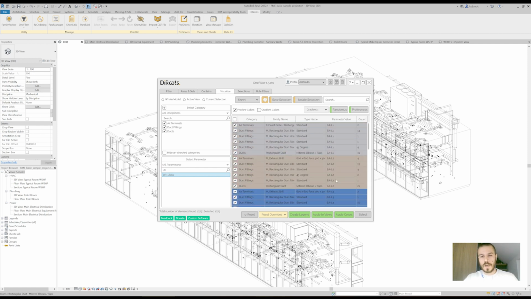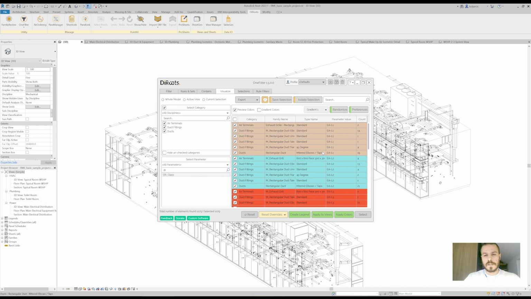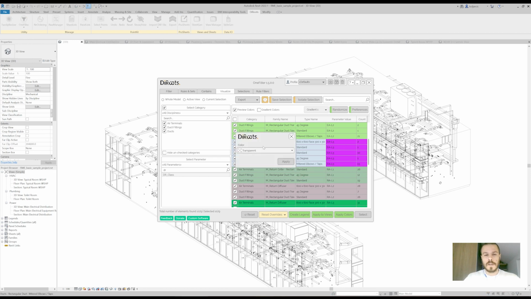So what we can do now, we can save these colors, or let's even do something like this. Let's randomize colors. I like these colors a bit more maybe, or let's even do a couple more random generations. And let's say that we are satisfied with, as an example, these colors. For me, this color maybe is too strong. So what we can do, we can manually change the colors. So let's colorize highlighted elements. And let's, it's this color. I just don't want it to be so,